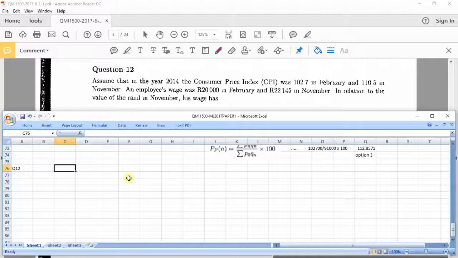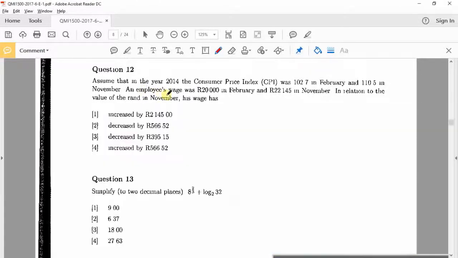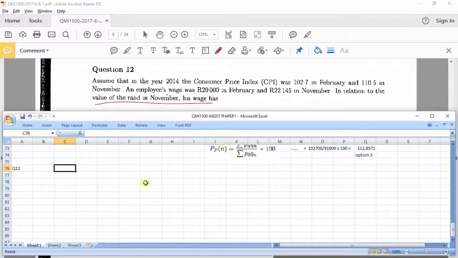Well, I thought it's November, so I said 22,145 minus the 20,000 gives me 2. Oh, they want to look at this, increase or decrease. In relation to the value of the rand. So that means that we need to do this. What was the first year? 2014, 2015. Right, in terms of the index,